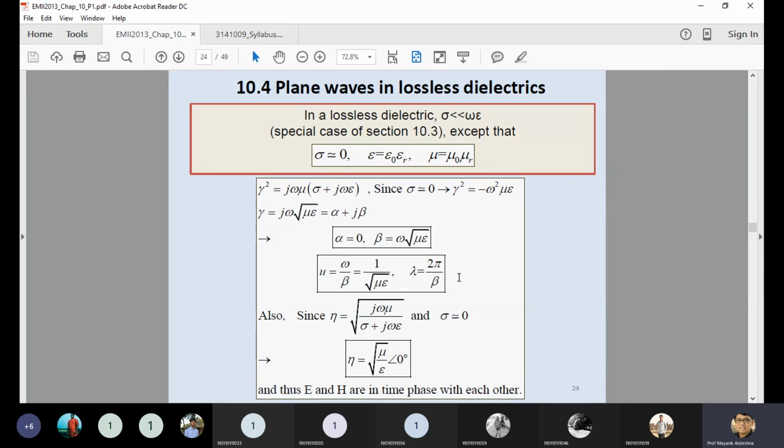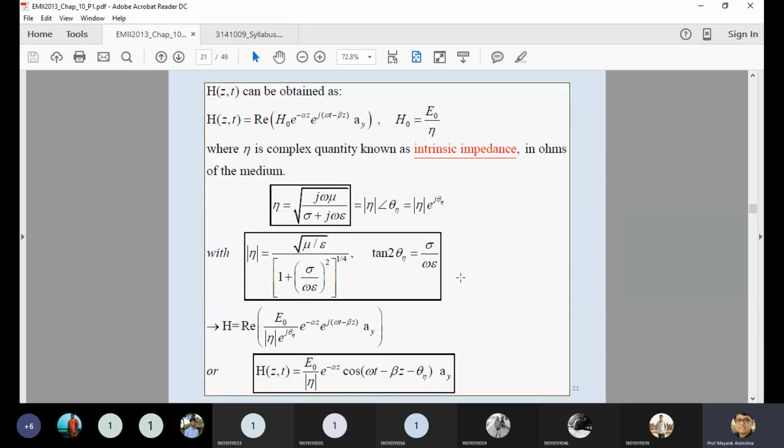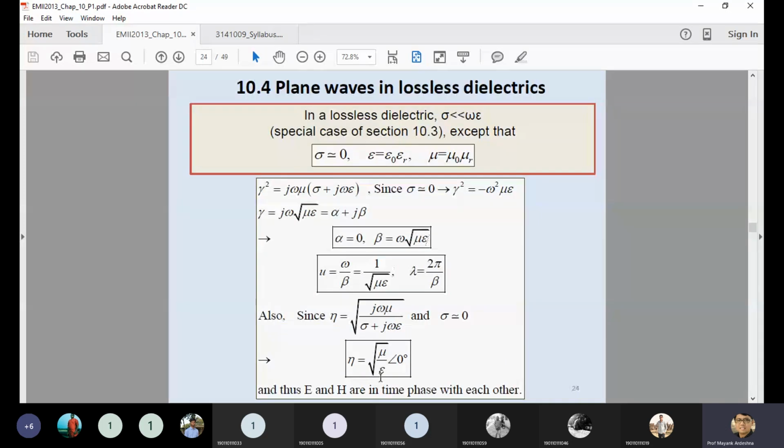The difference here is that the intrinsic impedance will change. Okay. So you can see the intrinsic impedance for this lossless dielectric is the square root of the ratio of mu upon epsilon, which is equal to 125. So see, if I replace the values of mu and epsilon, what we are interested in is finding the intrinsic impedance for free space. So free space means mu 0 and epsilon 0. If I replace the values of mu 0 and epsilon 0 for free space, you get the answer 120 pi.